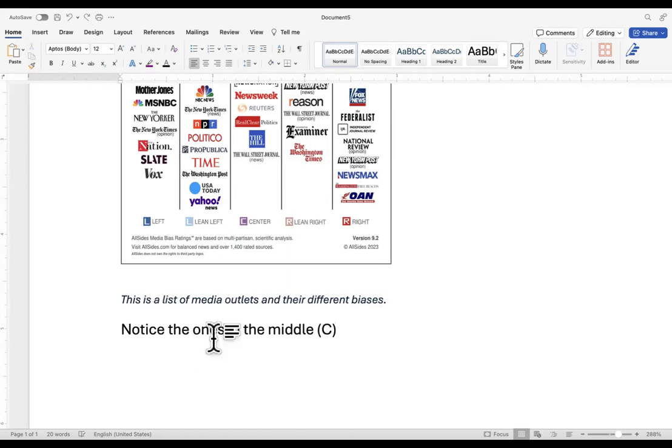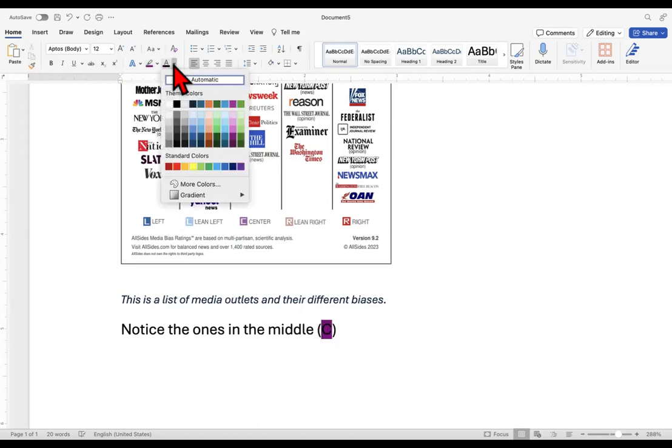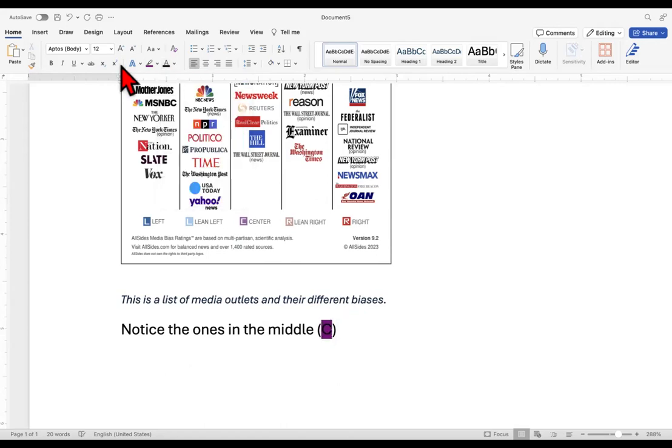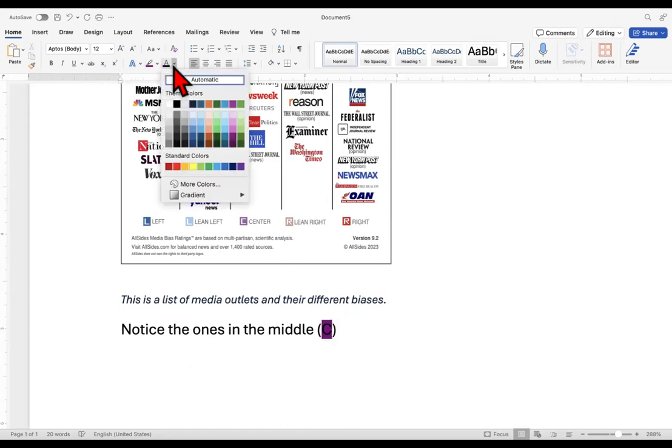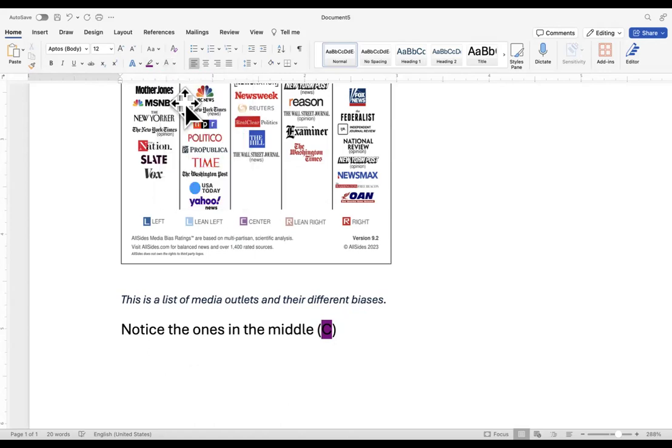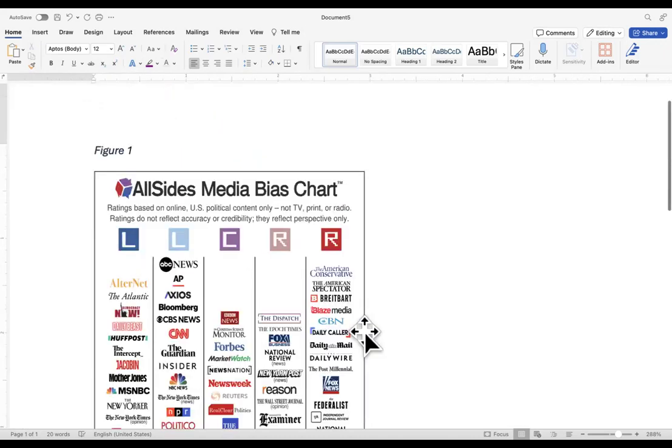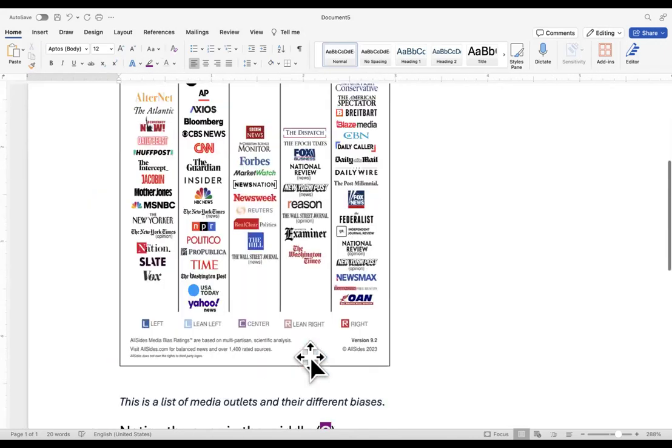That's copyright. Okay. I'm going to highlight that in purple and make that white to kind of make it easier for my readers to see what I'm talking about, although I think they should know. I'm going to make that bold. Okay. The ones in the middle, if you look up here, that C,